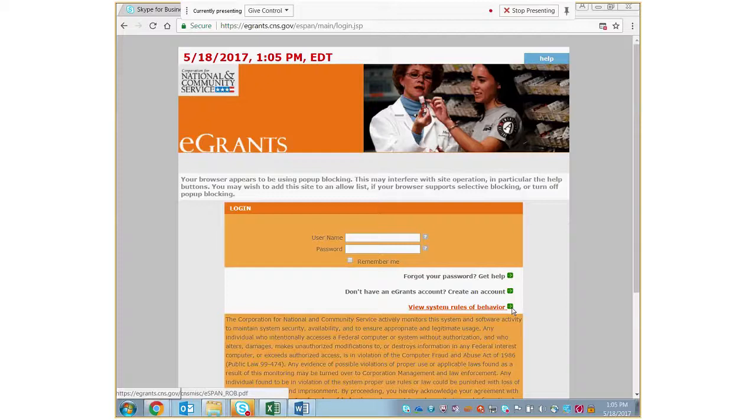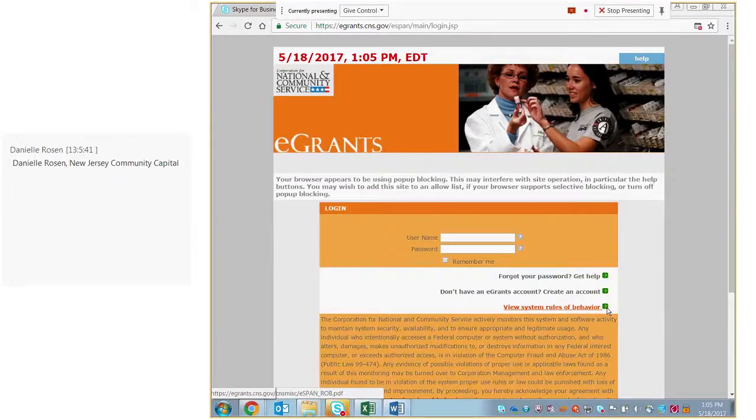But for those of you who are brand new to VISTA, or brand new to VISTA with NeighborWorks America, please note that the eGrants system is going to be your primary tool for recruiting and selecting your VISTA candidates for service.